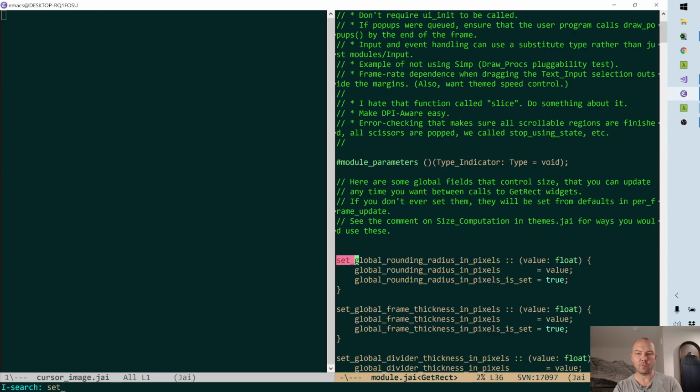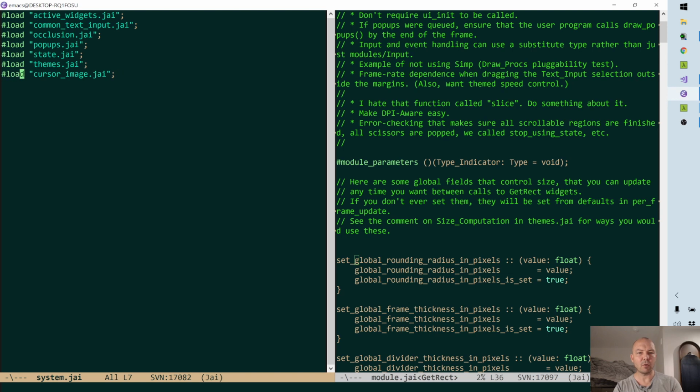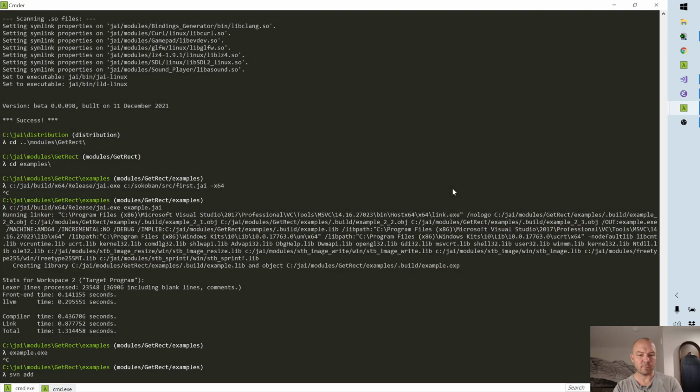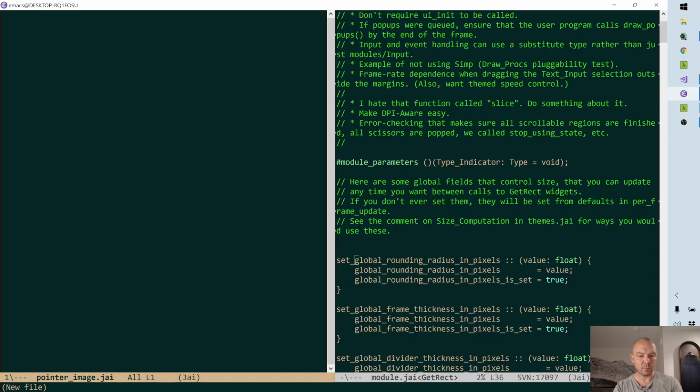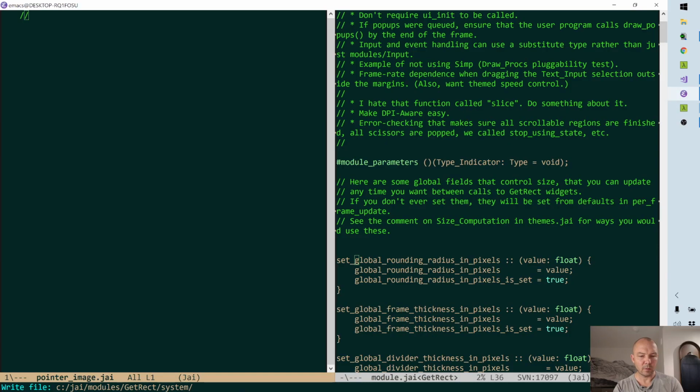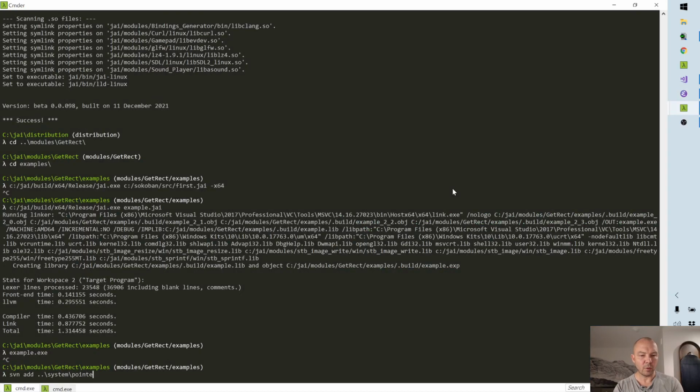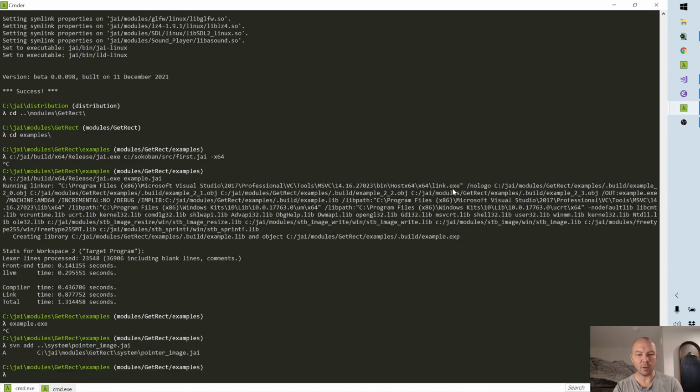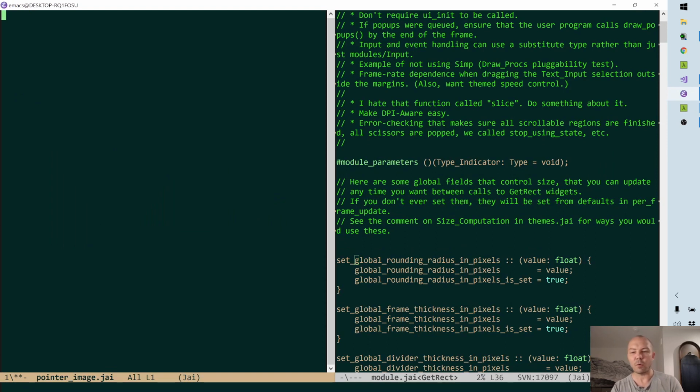Okay, so, dang it, I keep calling it cursor, it's pointer. Pointer image. It wasn't auto-completing for some reason. Okay, so